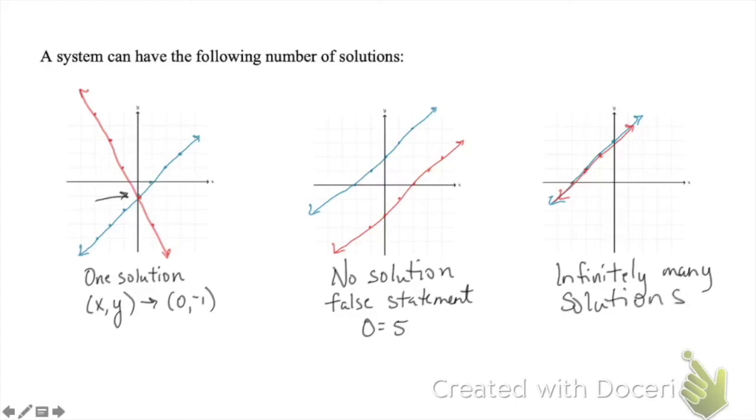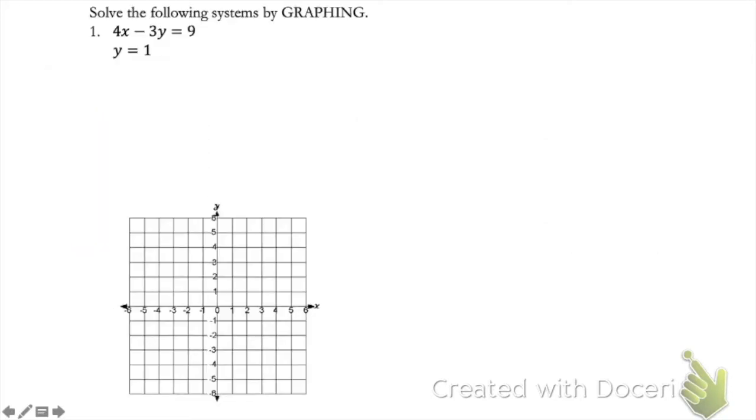When you're solving algebraically, as you'll learn in Concept 3b notes, you will get a true math statement. So your x and your y's will eliminate, and you'll get something like 0 equals 0, or another number like 5 equals itself. Let's solve the system of equations that we see in number 1. 4x minus 3y equals 9,